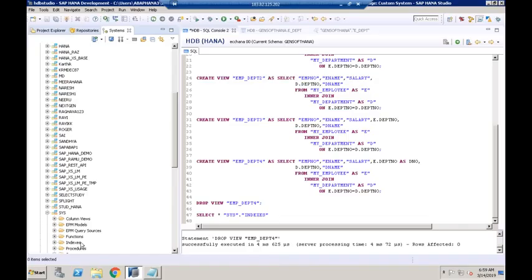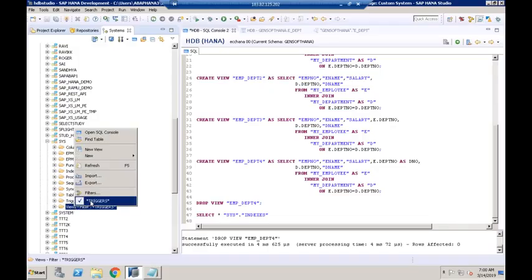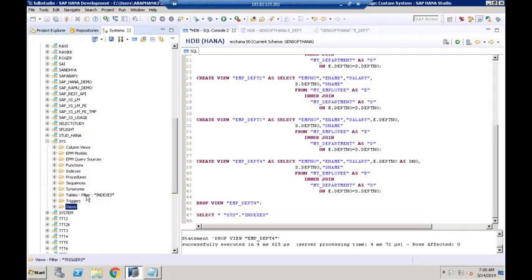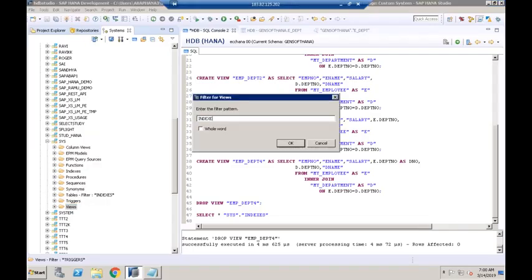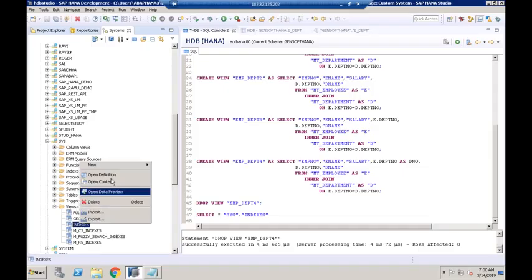If I expand this, you can see under views, I'm searching for views which have the INDEXES keyword. If I right-click on this INDEXES and open the definition,